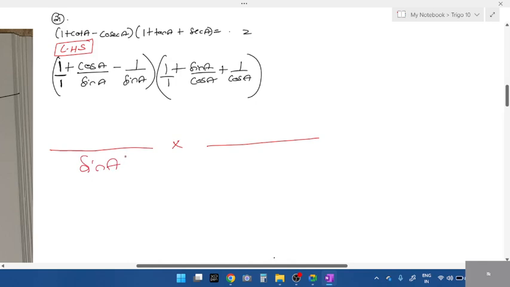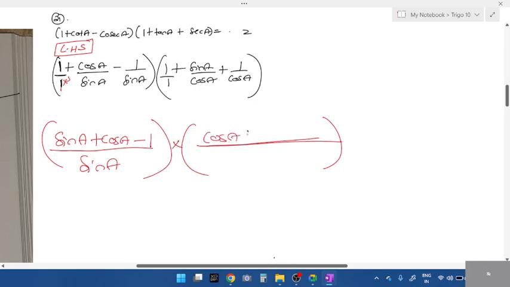Sin is common. Which one doesn't have sin A? So there, what you're supposed to do is multiply into sin A in the denominator, right? Very good. So what do you all get, students? Sin A plus cos A minus 1. And on the right hand side, what do you get? Cos A plus sin A divided by